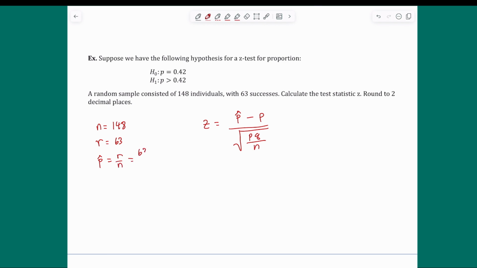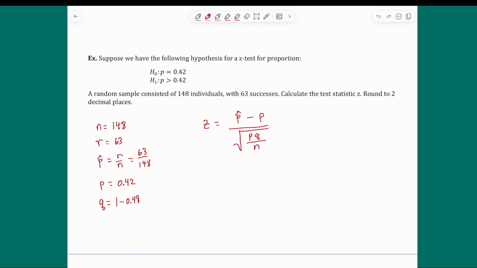n, or 63 over 148. That's our sample proportion of successes. And then p, which is what's claimed in the null hypothesis, is 0.42. And we also need q. p is the proportion of successes in the population, right? q is the proportion of failures in the population. So we would go 1 minus 0.42, and so that gives us